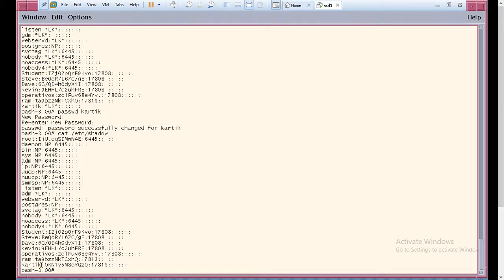See, earlier for Karthik the password was not there, but now the password is available here. Getting it? So this is what the thing is. Now suppose